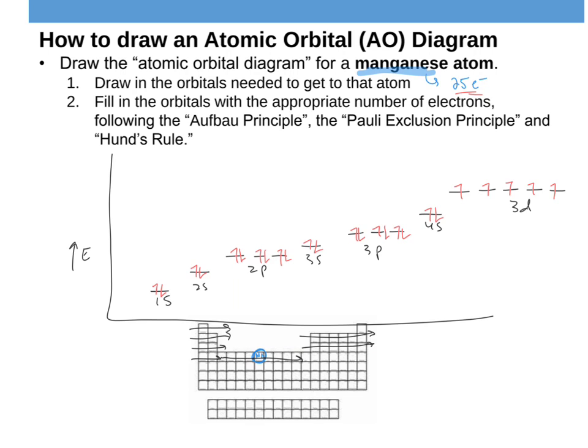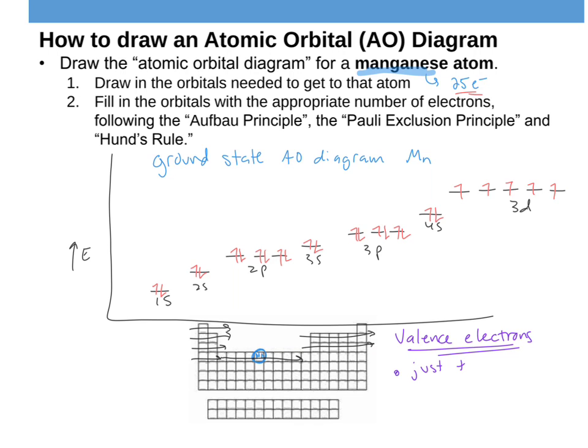So this is the whole ground state. Ground state AO diagram for manganese, Mn, not magnesium, manganese. And this is kind of a lot. What we can do is talk about just the valence electrons. And the valence electrons are just the outermost electrons. So we're talking about the last row,